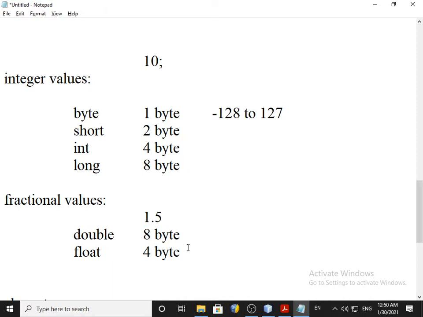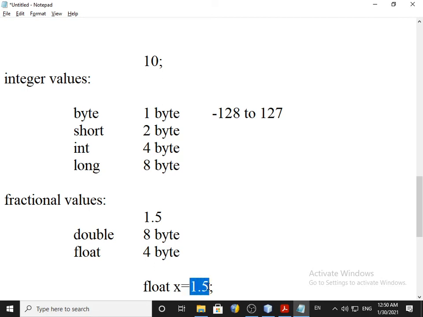Now the problem comes: if I write float x is equal to 1.5, it will give an error because float can occupy how many bytes? 4 byte, and your value is in the form of double, meaning 8 byte.